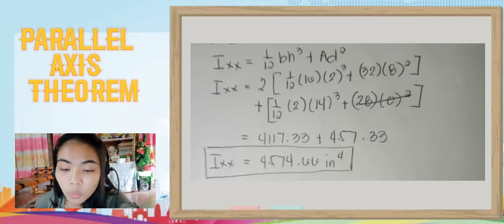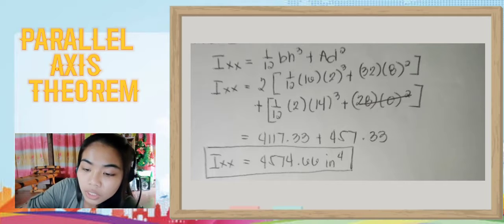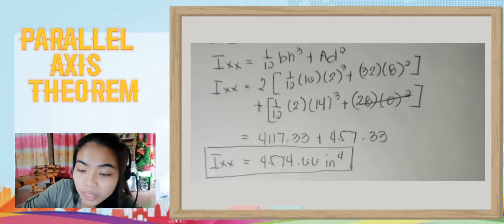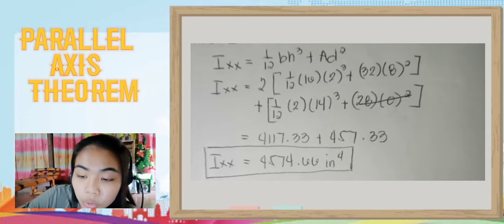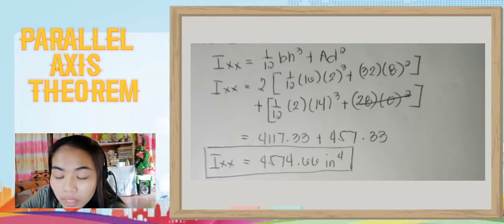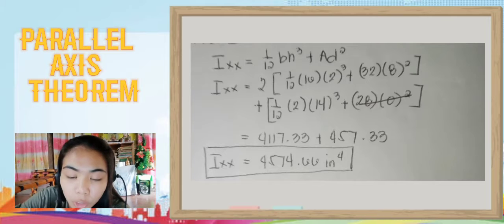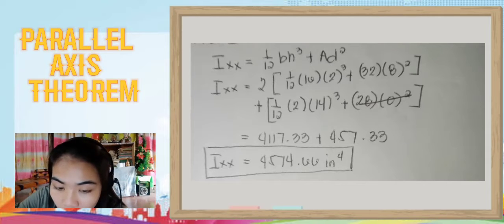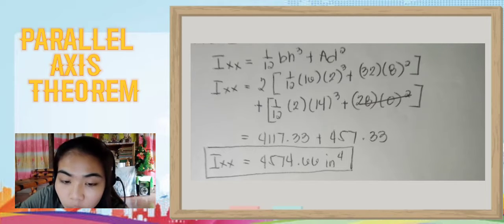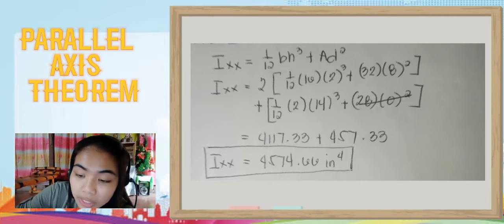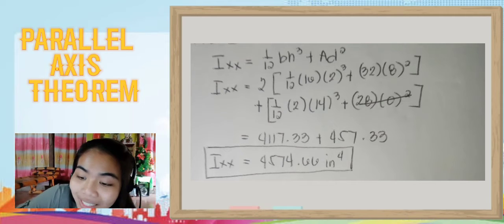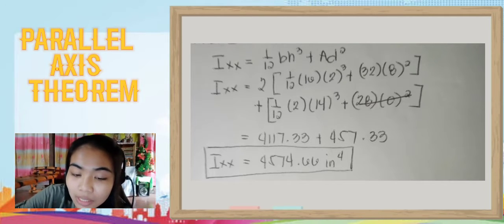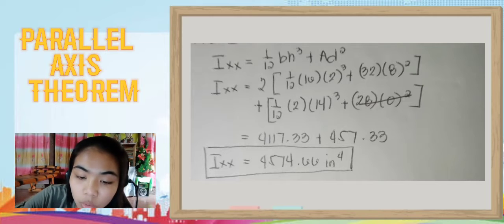of the middle part, we do it again. So, 1 over 12 times 2, the base, since it is 2. Then we can see there is an indicated value there. So, 2 is the base in the middle, and 14 is the height, which is also indicated in our letter I. Cubed, plus 28. Why 28? Our area is 14 times 2. So it becomes 28 times 0, because the distance is 0, since there is no indicated distance. So, squared, the 28 times 0 cancels. What remains is 2 times 1 over 12 times 16 times 2 raised to 3 plus 32